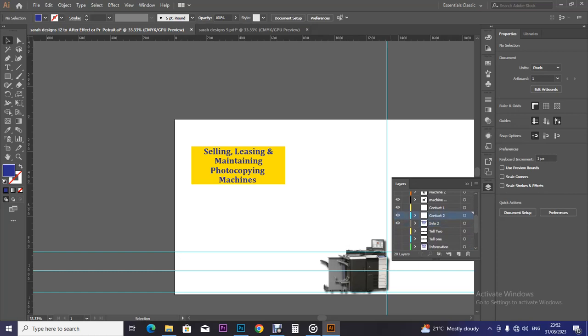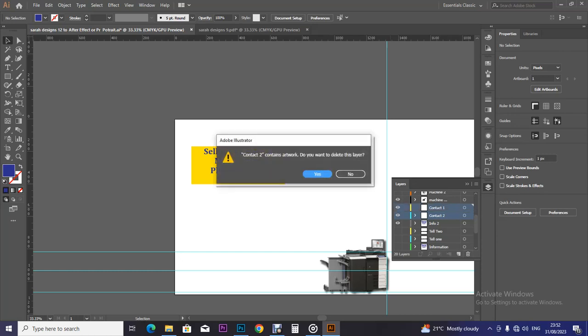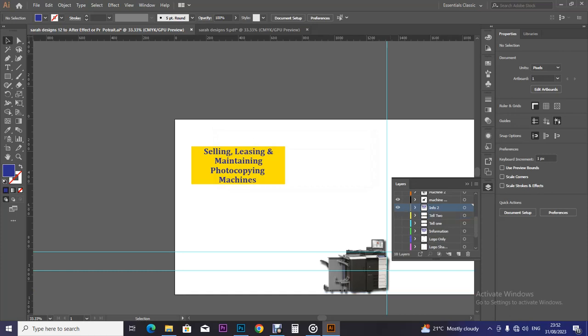So let us just go here, shift these and delete them. And from deleting them, what we are going to be basically doing, we are going to duplicate our previous ones. Okay, we are going to be duplicating our previous ones, and after duplicating our previous ones we are going to